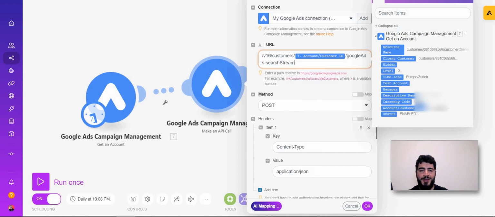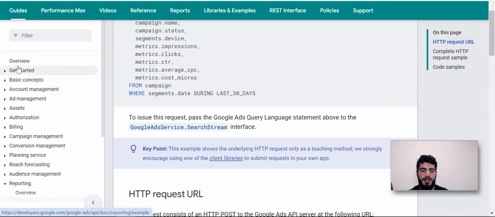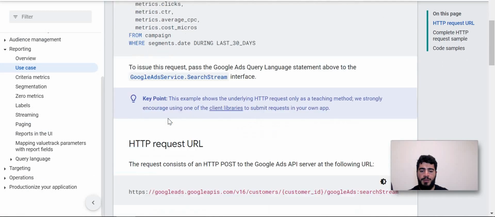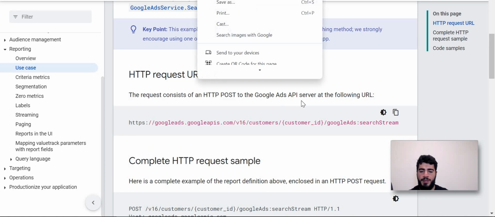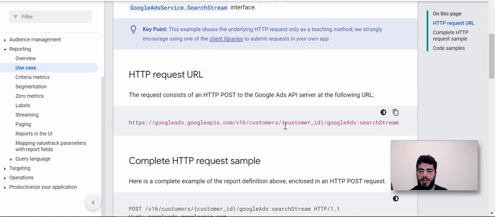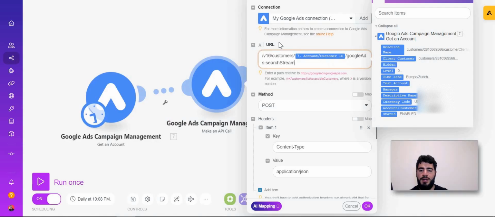But you go to Google Ads API reporting use case, and you can see an example of the HTTP request. So basically, this is what it looks like. We just copied it from here, added it in the URL field, added the customer ID,